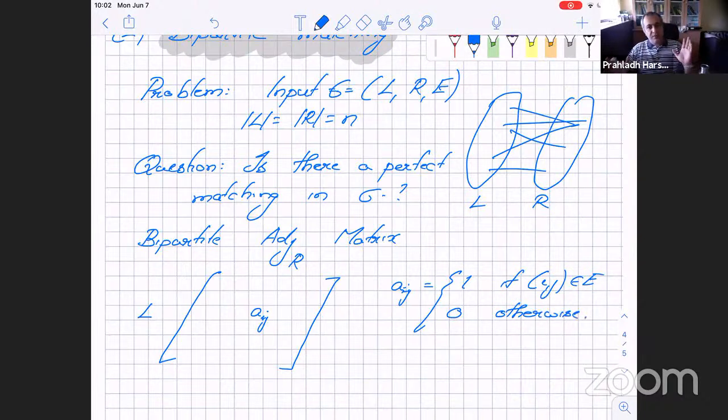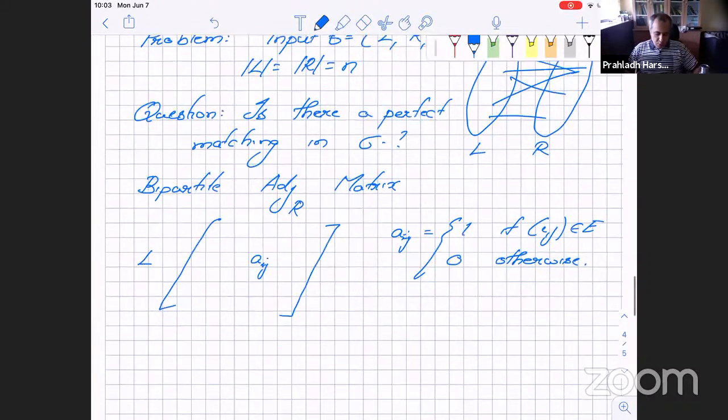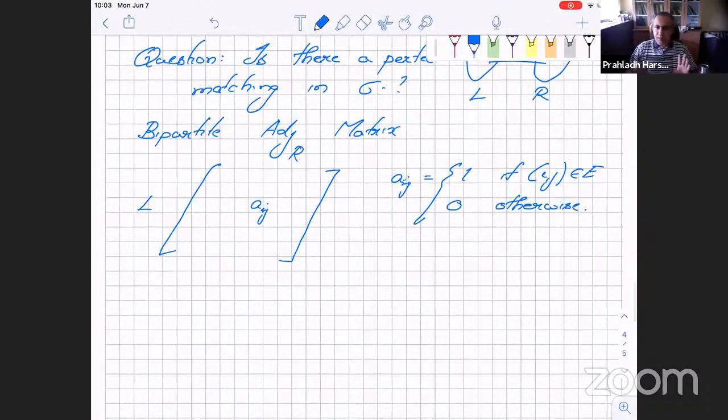This is the bipartite adjacency matrix. We can assume that the input has been presented to us this way, given as this bipartite adjacency matrix. Okay, is the matrix clear to people? The rows are indexed by the left side, the columns are indexed by the right set of vertices, and it is a 0-1 matrix where 1 represents if the ith element from the left side